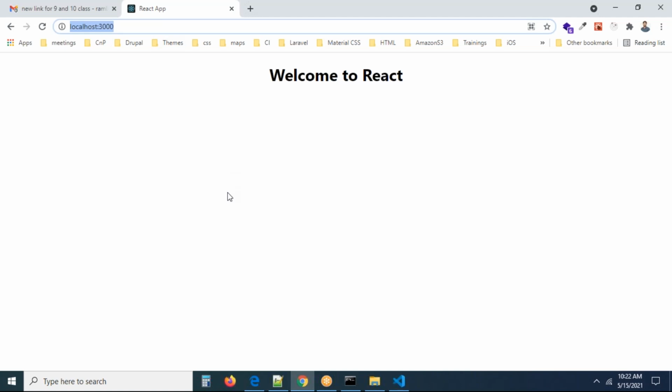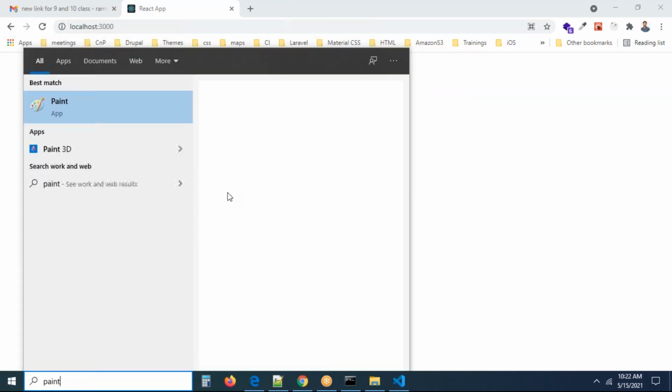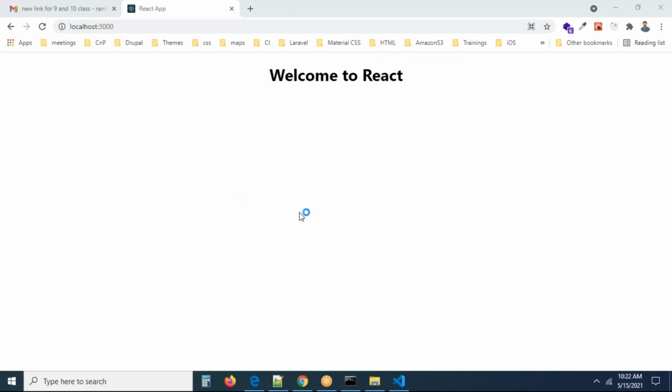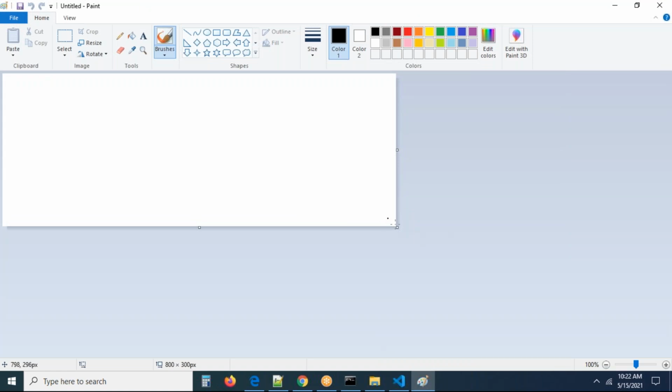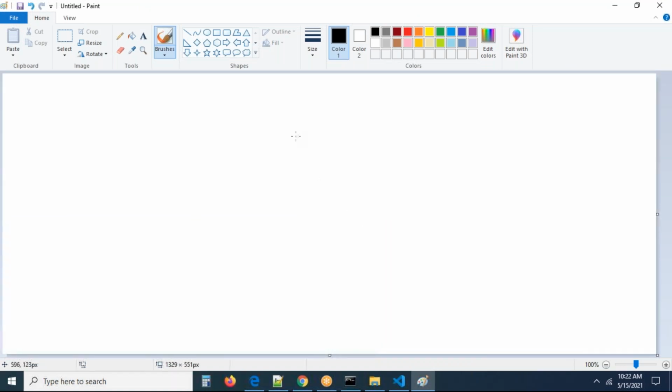Let us go and open Paint diagram. So in Paint, let me explain how the application flow happens in React, guys. Here I just want to make a small diagram. Let us assume this is the browser window you have.